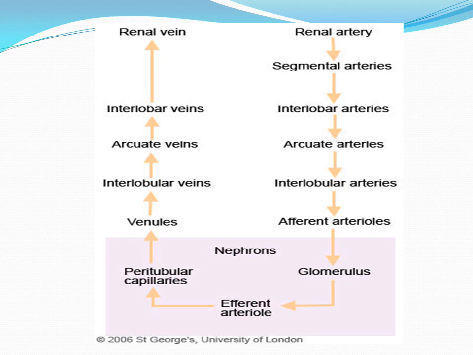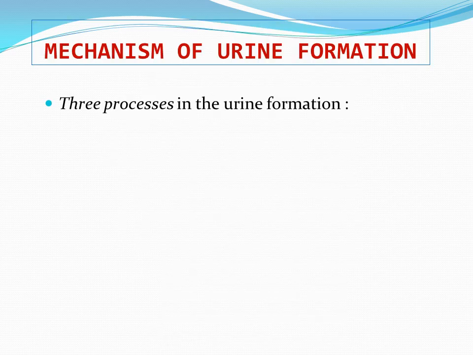So look at this flow chart that is showing the blood flow through the kidney, that we have already discussed in the previous lecture. So blood flows through the renal artery and its branches. Finally, it will flow through the glomerulus, that is the portion of the nephron, where there will be filtration of the blood. So the filtered blood will be poured into the renal tubules, and the remaining blood will leave the nephron via the efferent arterioles and ultimately through the renal vein.